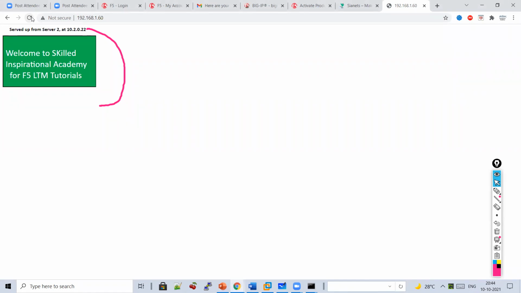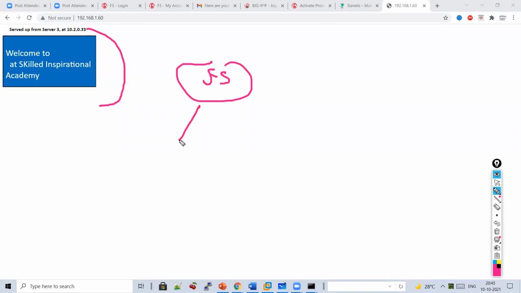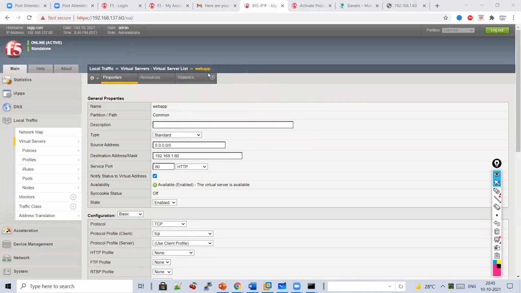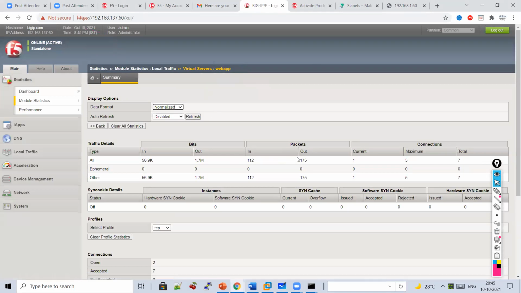Now, can you see? Your F5 is load balancing your request. When you're refreshing, the first time it goes to red, the second time to green, the third time to blue. Let's see the stats, whether load balancing is happening or not. See, now I'm receiving in and out packets.